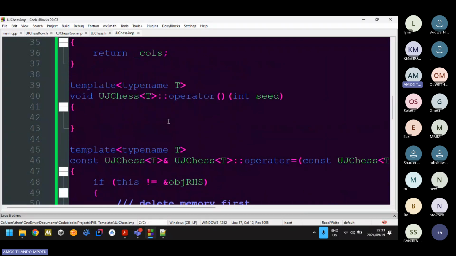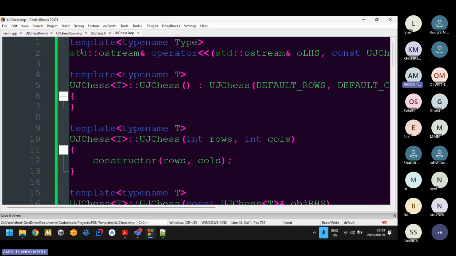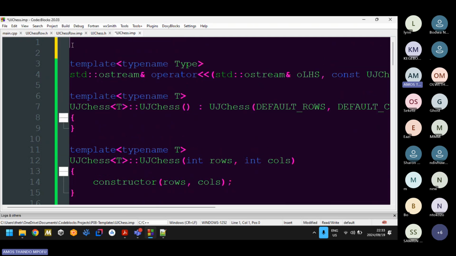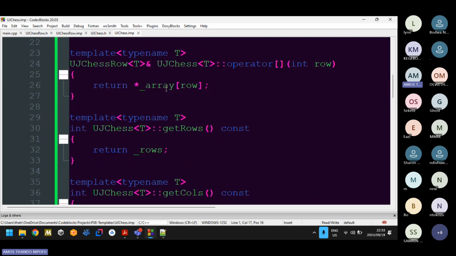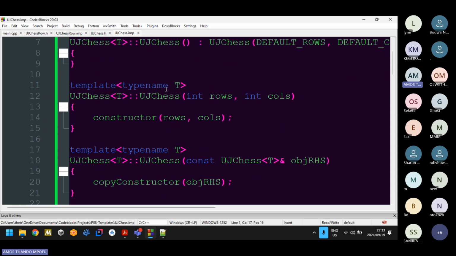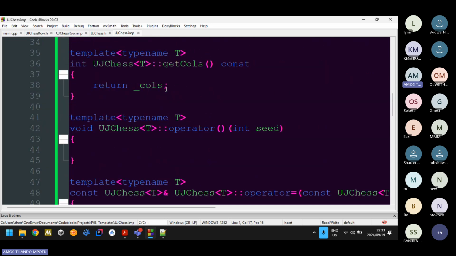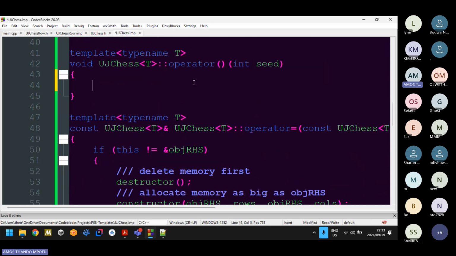We left it seeding. So to seed, we're going to need the header file for seed time, right? So #include <ctime>. We need that header file because we need two functions, the rand function and the srand function. So I'm going to go back to my function, and then I'm going to seed the random